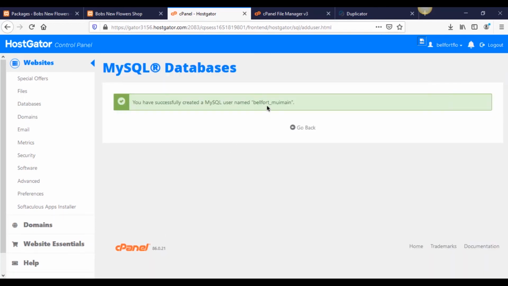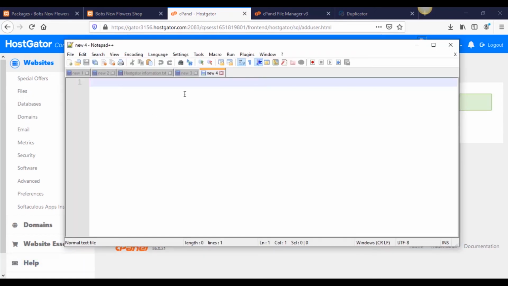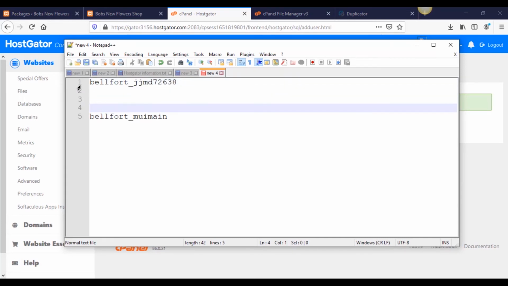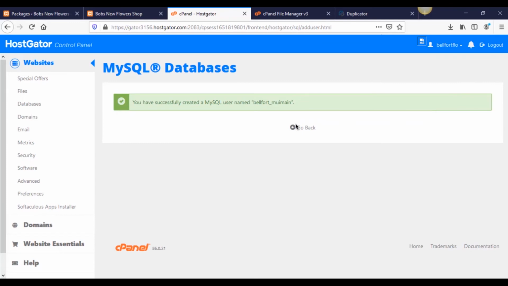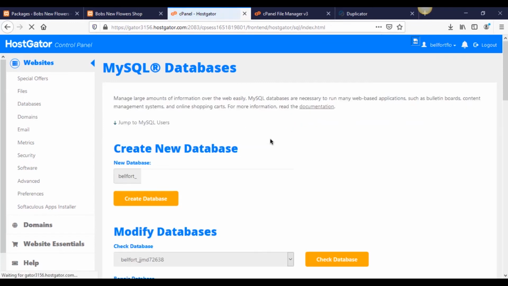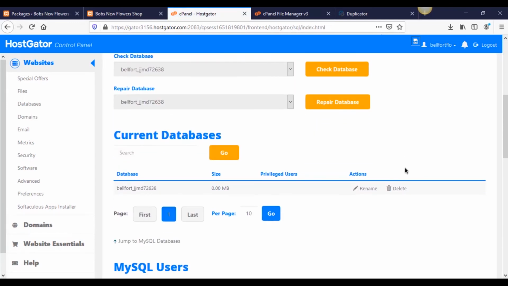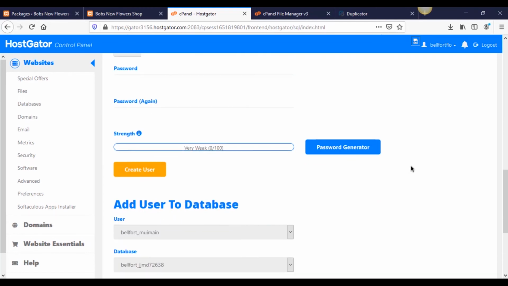So we want to put that username right here into a text file. I'm not going to put the password in here, but this is our database name, and this is our database password, our user. And you can make these more clear if you want. I always like to just totally randomize them. It's kind of more difficult to tell what's on your server, but if you only have one site on here, you don't really want to name it exactly what the site is for security